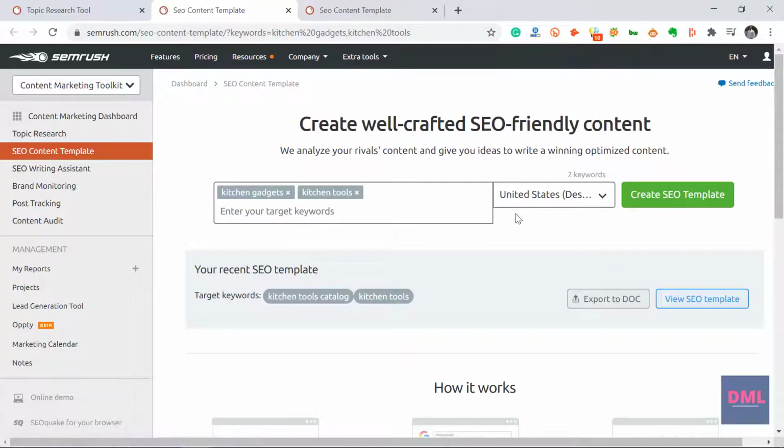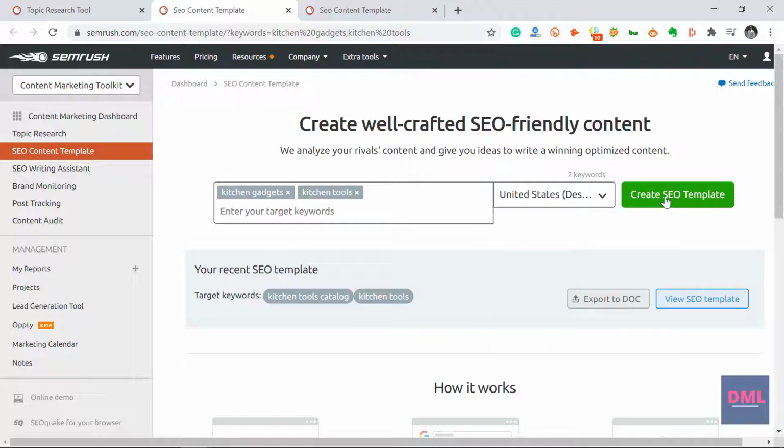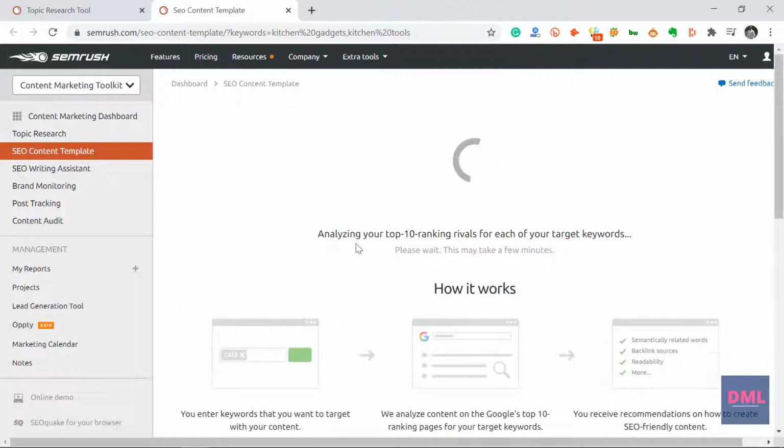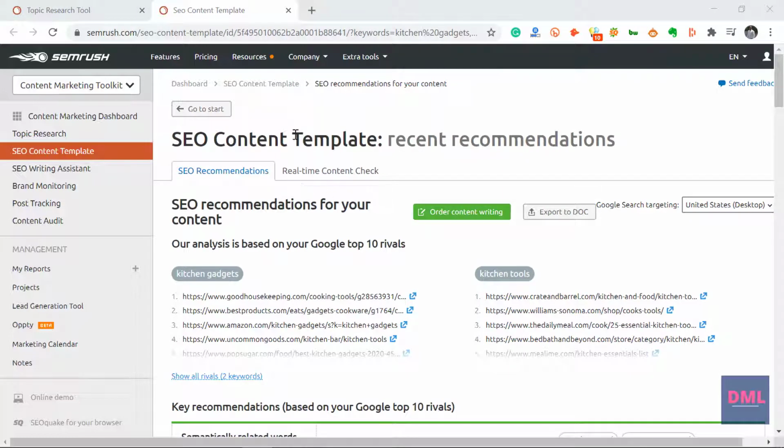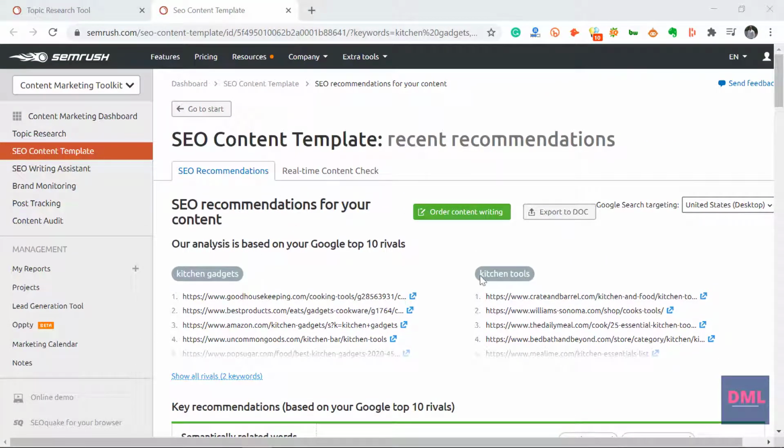It will ask us to enter our target keywords. We can choose our country, region, and the city here, and let's click on create SEO template. So you can see SEMrush is analyzing the top 10 ranking rivals for each of the target keywords that we have entered, and it will come up with a list of recommendations that we can look at. Okay, so let's take a pause here and see what SEMrush is recommending for the two keywords,